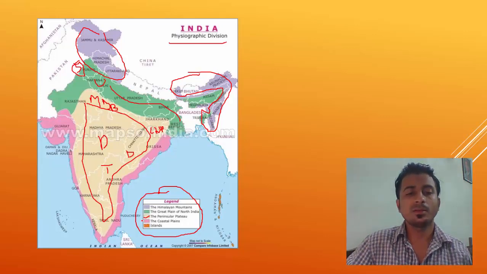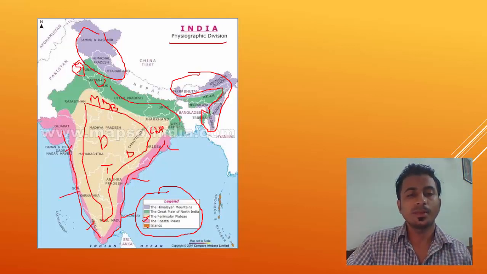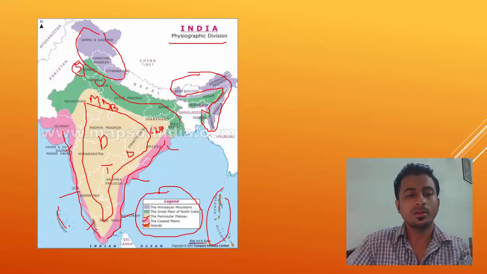Okay. Then comes the coastal plains. This pink portion is coastal plains. It is easy to remember: east coast, eastern coastal plains; west coast, western coastal plains. There are specific names given to them which we will learn in the following slides. I will tell you Utkal coast, Northern Sircars, Coromandel coast. Okay. Then here we have Malabar coast, then Konkan coast and Kathiawar. Okay. Then we have islands, Andaman and Nicobar and Lakshadweep. Now let's move on.